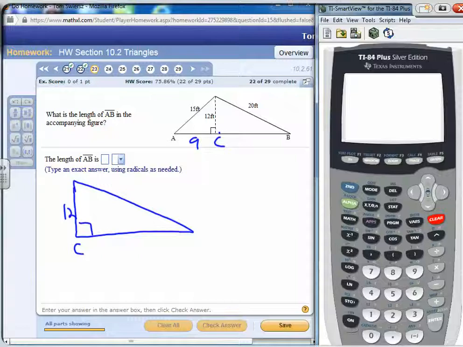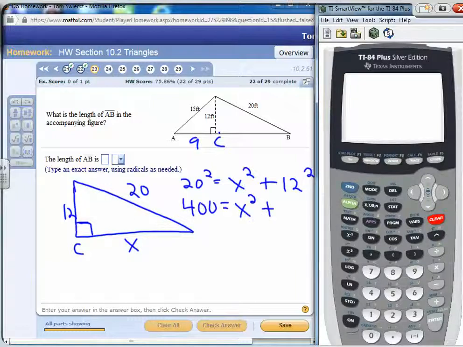Here's the right angle. This is 20, and from C to B, again, we'll just call x, right? And again, now here's the right angle. Opposite the right angle is a 20, so that's the hypotenuse. So by the Pythagorean theorem, 20 squared is equal to x squared from C to B plus 12 squared. Okay, 20 squared, 20 times 20 is 400. 12 squared is 144. If we subtract 144 from both sides, we get